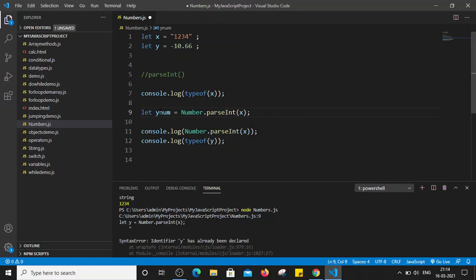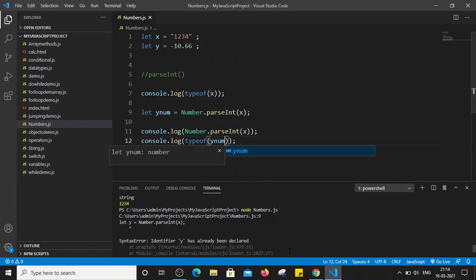Let's name it ynum is equal to Number.parseInt x, right? So we are converting the x value from string to number format, and we are storing that in our ynum variable.